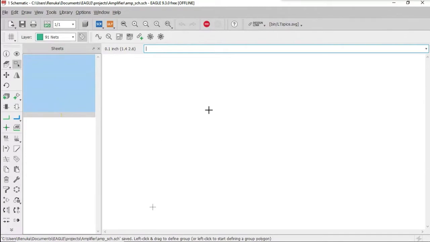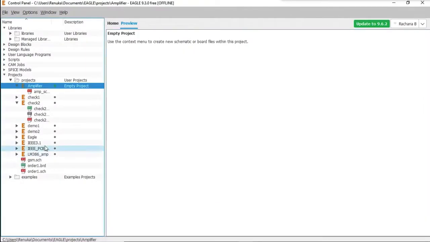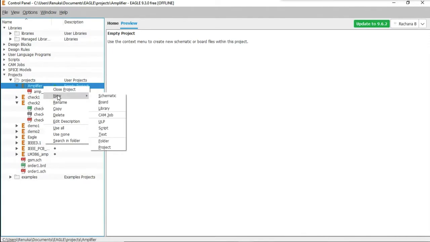Okay, I'll repeat the last step. See, this is your control panel. You have created your project, whatever name I have given here, amplifier. Whatever name you have created, click on that, right click on that, select the new option. In new, there are various options.